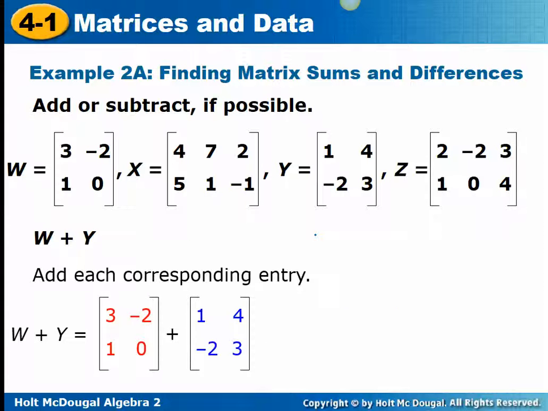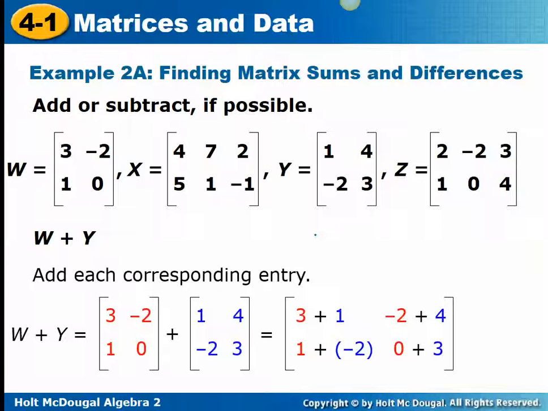So we would add the 3 plus 1 to get that entry. We would add the negative 2 plus 4. We would add 1 plus negative 2, and we would add 0 plus 3. So the corresponding entries go together, and our new matrix then would just be after you do all that adding,